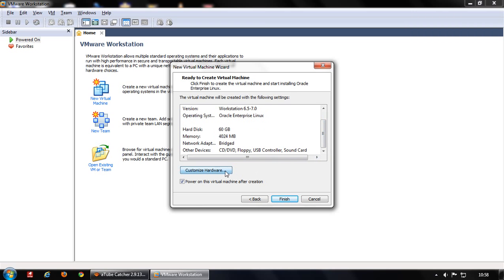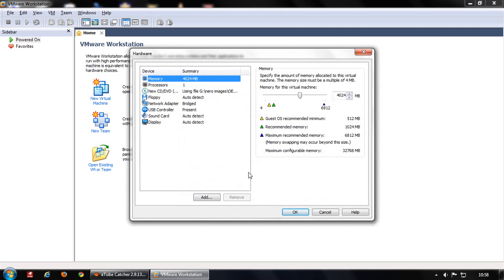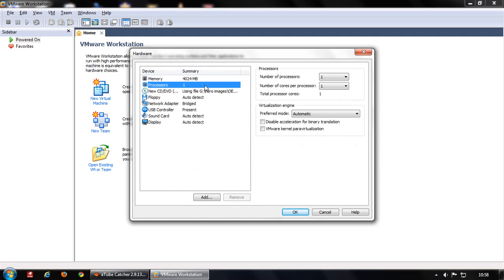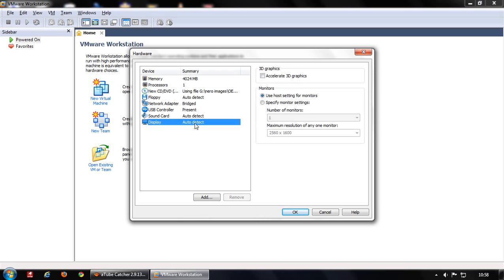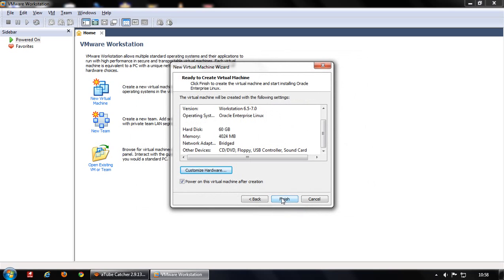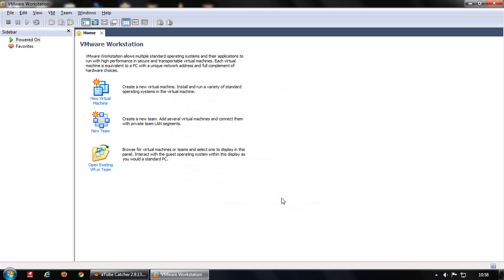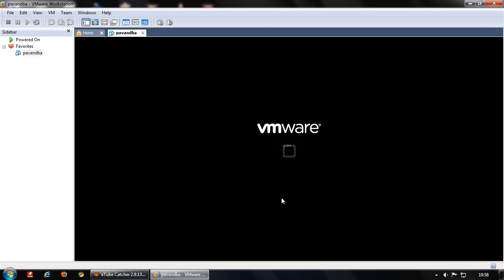If you still want to change the settings, you can click on customize hardware, and once again, if you want to increase or decrease the RAM size, or change the number of processors, or change the sound card option or display option, you have all these options with you, so you can go and change them. Once you click on the finish button, it is going to start your VMware guest